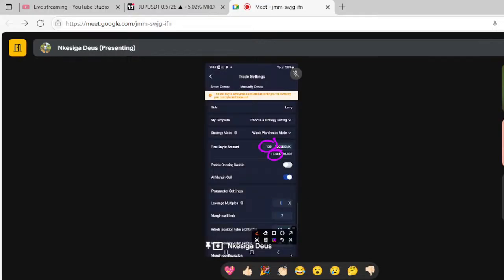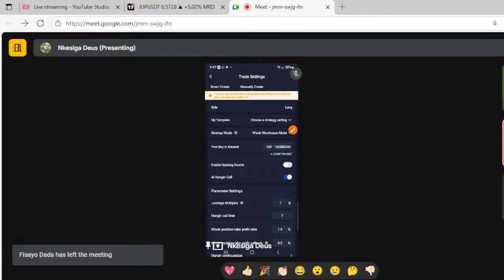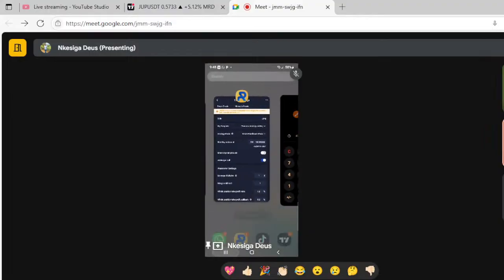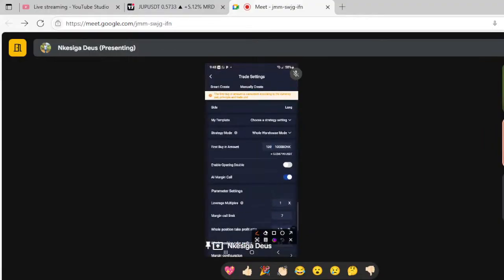If I want to trade 11 USDT, instead of wasting time, I will say 139 divided by 5 times 11. It will give me the amount of Bonk that should be traded. The 11 you are talking about is the money you want to use, the real money. Yes, that means we get 139